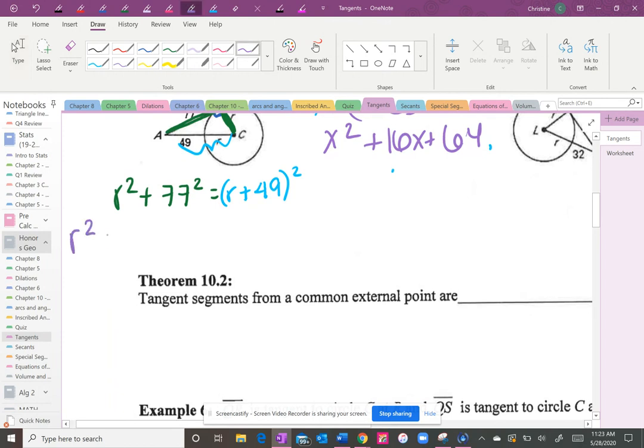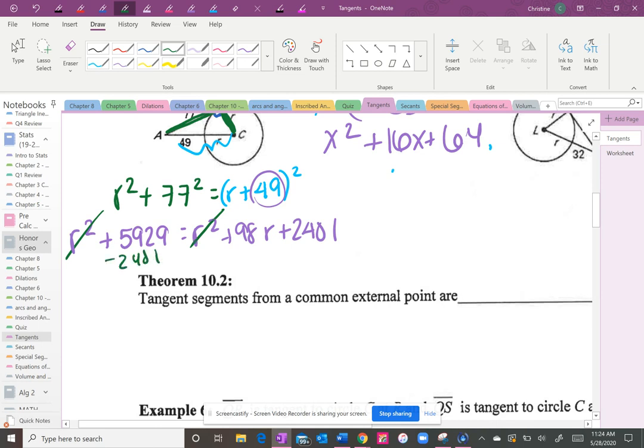So this is r squared. 77 squared is 5929 equals, use the rule, this is r squared, that's 49 times 49, which is 2401. And then 2 49s is 98r. Now, this one works out easy because, look, r squareds on both sides are going to subtract and become 0. These numbers should become pretty small. I'm going to move the 2401 over here